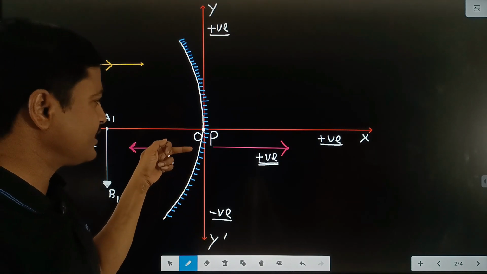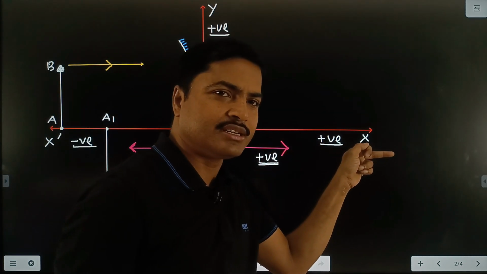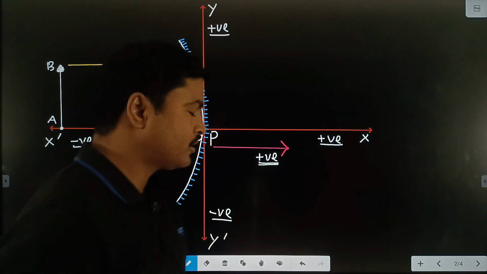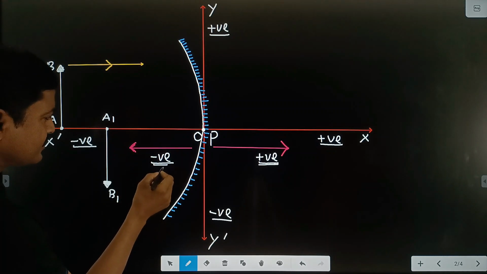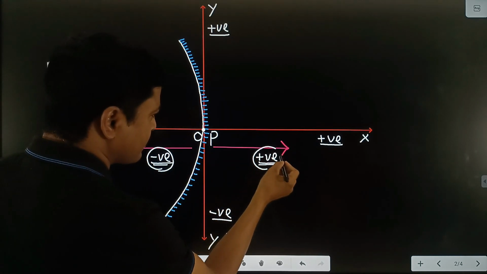If we measure the distance in the same direction of the incident ray, the sign is positive. If we measure the distance just opposite to the direction of the incident ray, the sign is negative. Clear? Similarly,